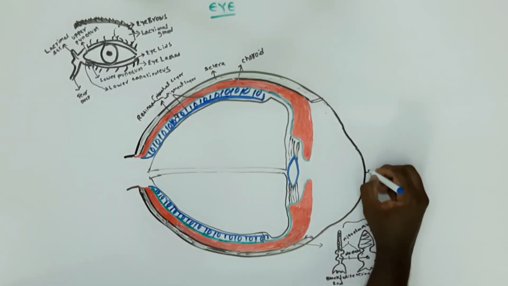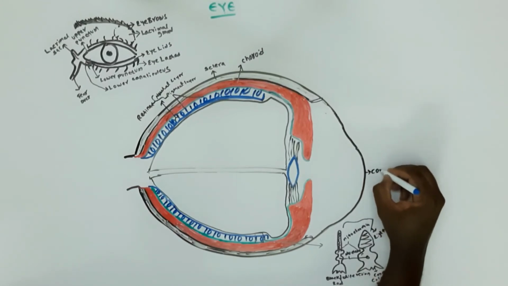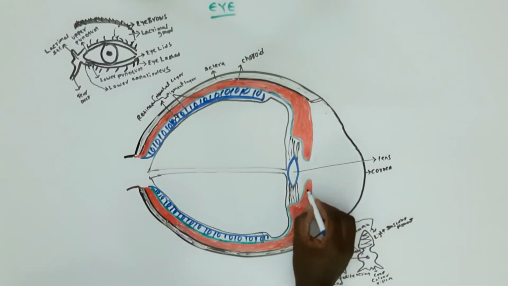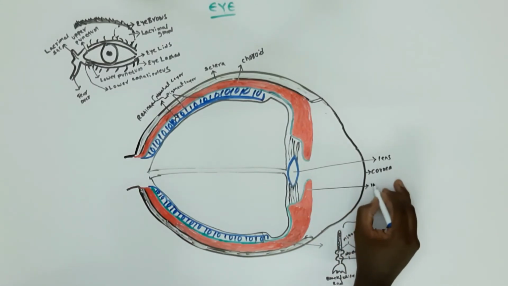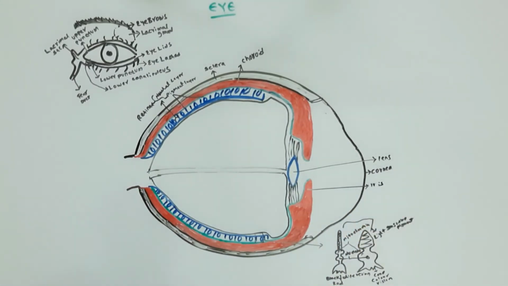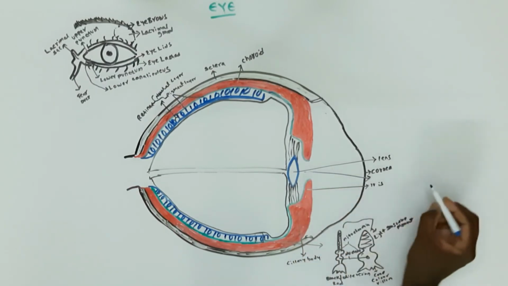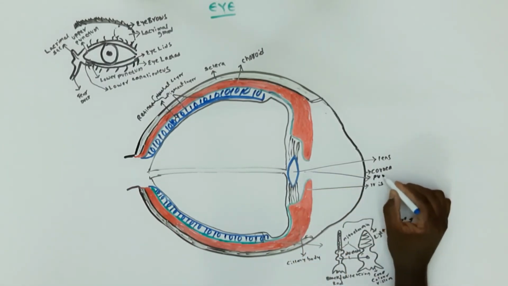The front portion of our outer layer is the cornea, which focuses light onto the retina. The lens is biconvex and refracts light rays reflected by objects in front of the eyes. Next is the iris, the visible colored part of the eye, which extends anteriorly from the ciliary body. The ciliary body is the middle layer, the anterior continuation of the choroid. From the ciliary body, the suspensory ligaments are attached to the lens. The iris has an opening called the pupil. The anterior and posterior chambers communicate through the pupil.